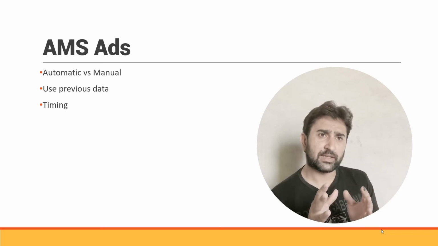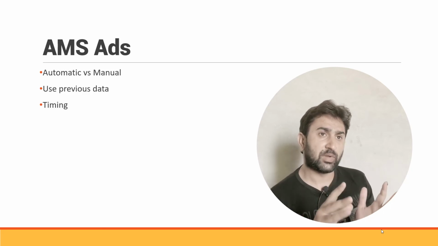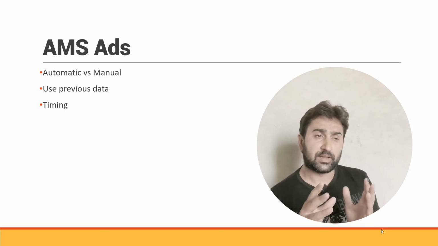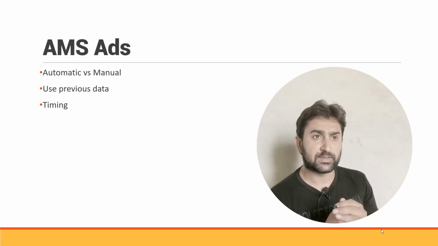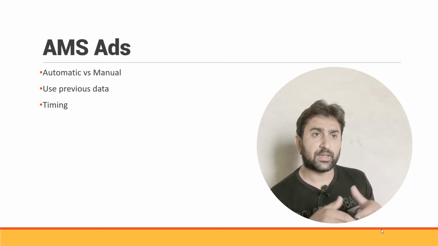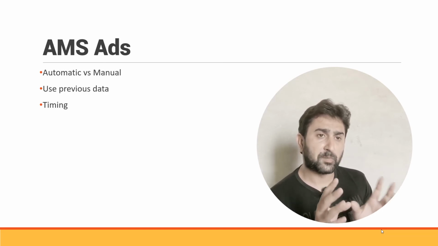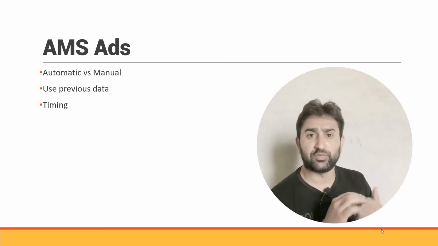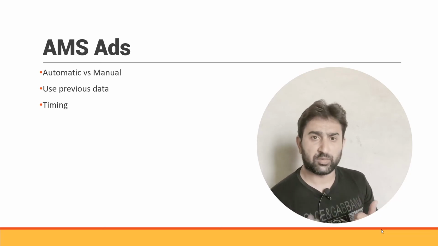Another thing I learned is that creating a manual campaign for those designs that were actually selling well, using that data, will help you save some money on AMS ads, because you will not be spending something extra on testing out something like that. So in order to save some money, try to create manual ads based on the previous data. If you don't have any previous data, put up automatic ads, then see if that works or not.